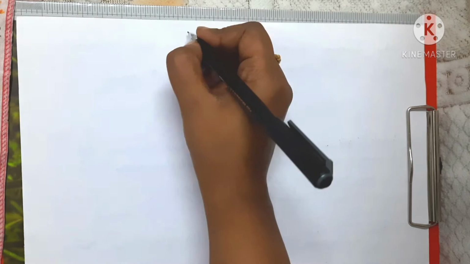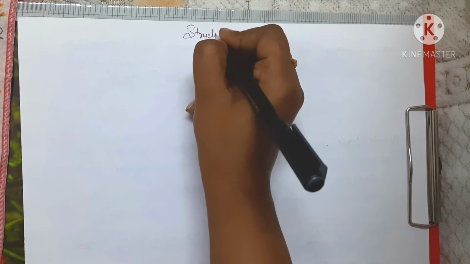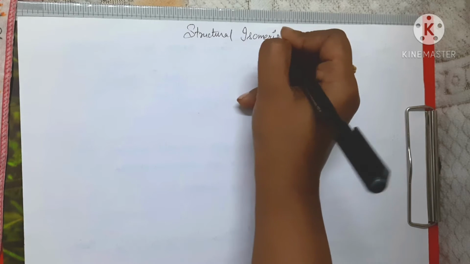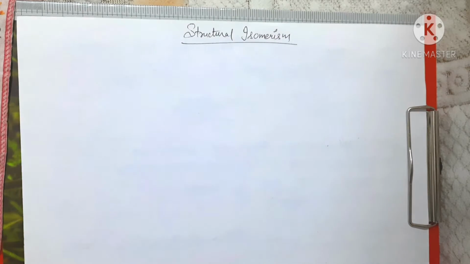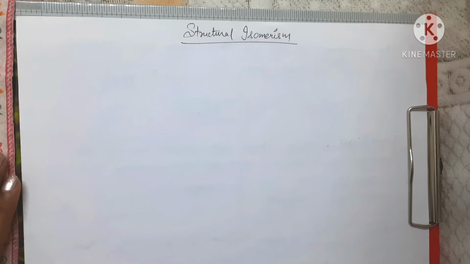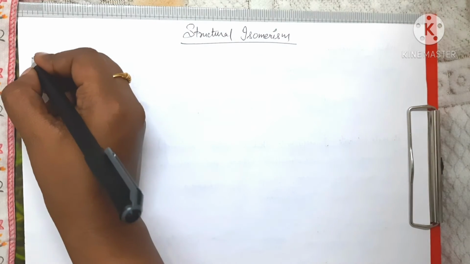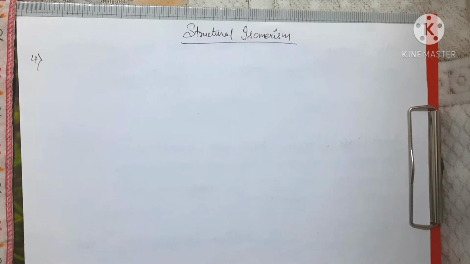So in the previous video of coordination chemistry, we were studying the first type of isomerism, that is structural isomerism. And in structural isomerism, we know that it was of 5 types, out of which we have already done 3 types, that is ionization, hydration and linkage isomerisms. So we are going to start today with the 4th type of structural isomerism, which is the